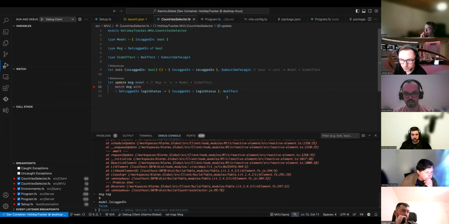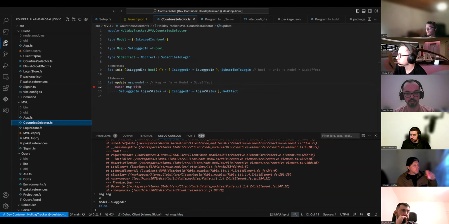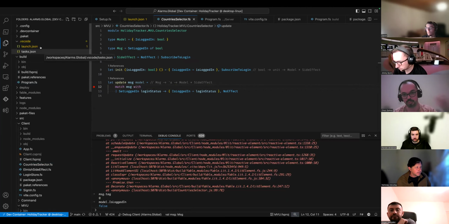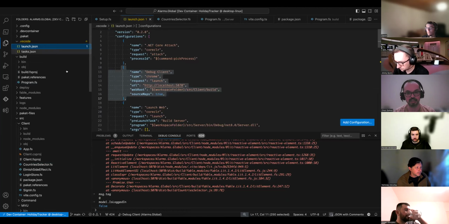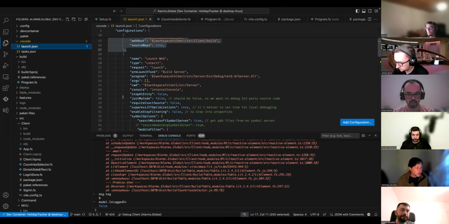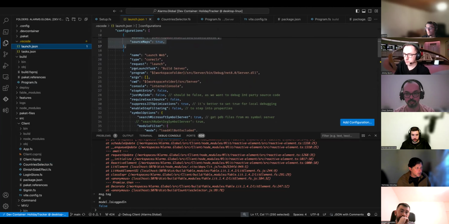So that covers this part. Now we have seen how to debug the client. Let's dig a bit more into the .NET side, with some more advanced configurations. Again, whatever I show you isn't F# specific. These are general VS Code capabilities, or in the old times it was called OmniSharp, and perhaps now it's called C# DevKit. Whichever debugger is running there, it has its own capabilities, and these are documented on their official site. So we have this web application.